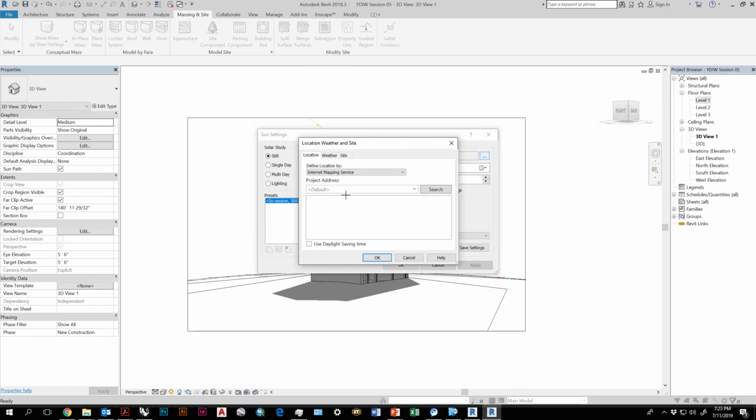Cool. Yeah, in the sun settings, let's set this to Chicago, which will give us the proper sun settings for Chicago. Search. Still in Boston.